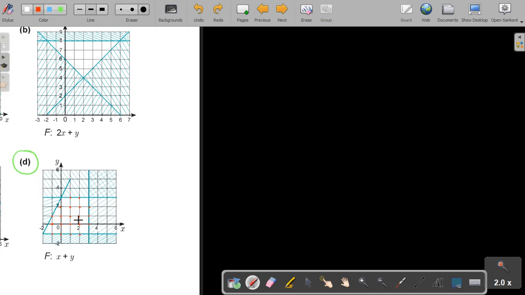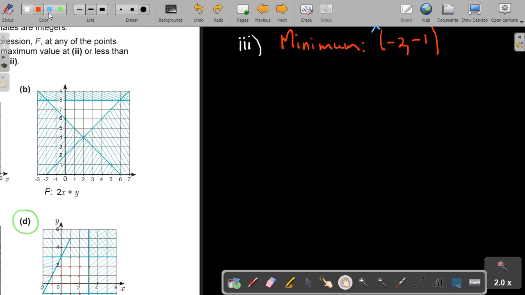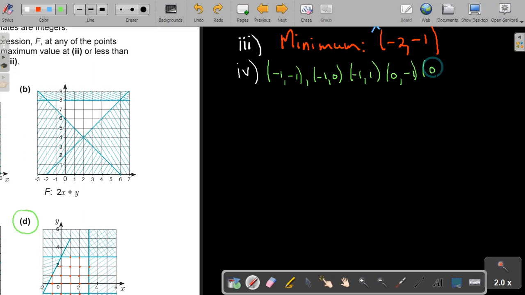All that points. Okay, so let's start writing them down. It's all that, the rest is already in, so it must be integers. So if I look at that points, then they will be, now let's start writing it down. So it's -1 and -1, and it's -1 and 0, and it's -1 and 1, and it's 0 and -1, and it's 0 and 0, and it's 0 and 1, and it's 0 and 2, and it's 1 and -1,